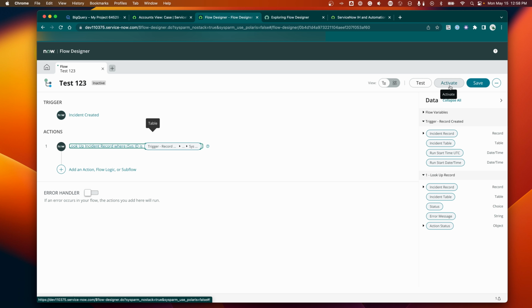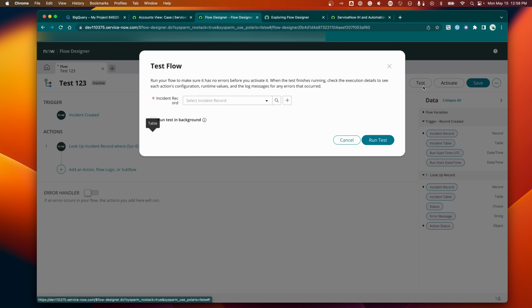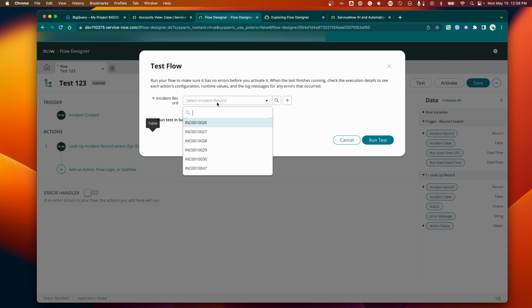With Flow Designer, it's different. No matter what you do on this workflow, you can save it as many times as you want. It will not be the one that's being triggered until you activate it. There is this test functionality here where you can specify the input for the trigger. We chose incident created, so it's going to give us, select a specific incident in the system, and you can run a test